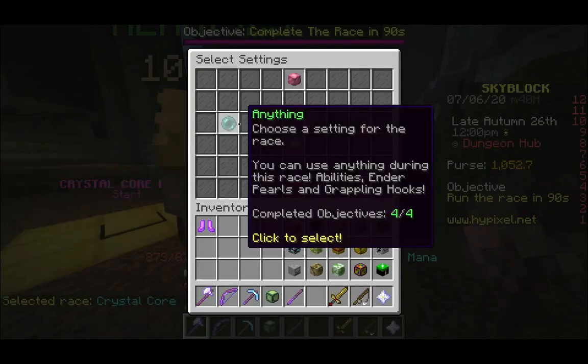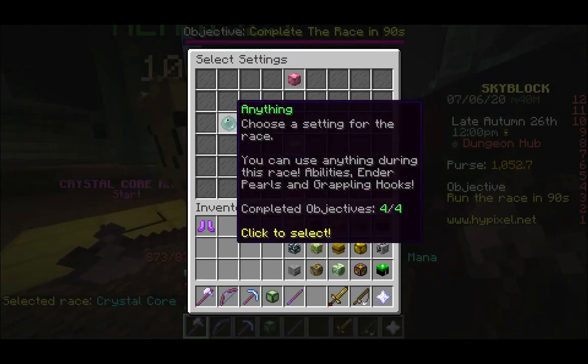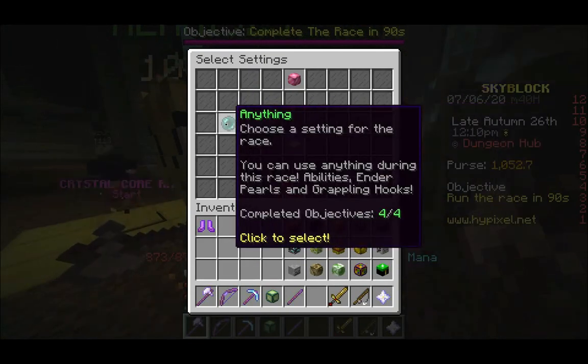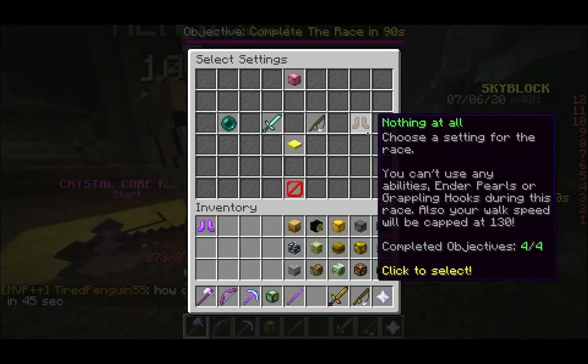So each difficulty on each destination is actually 4 different times. It says completed objectives 4-4. It's not actually talking about these. It says 4-4, so you might think this is the first one, this is the second one, this is the third one, this is the 4th one. But actually,